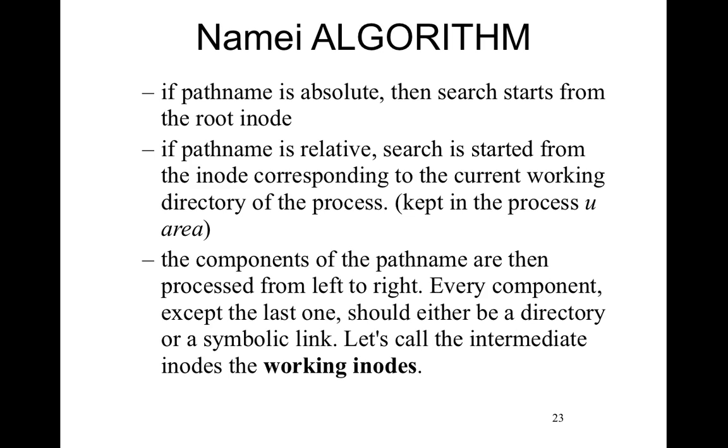So it depends on how you want to get at the file system, in terms of what algorithm you're going to use and how you're going to access it. Here's a typical naming algorithm. If the file name is absolute, then it searches from the root inode. If it's relative, it's going to start at the current location. There's a pointer in the system in the tree. It's going to go to where it's starting from, or where you left off